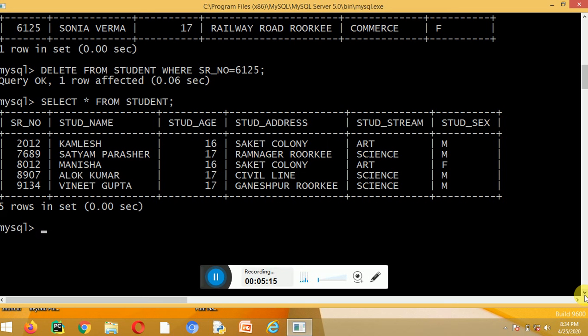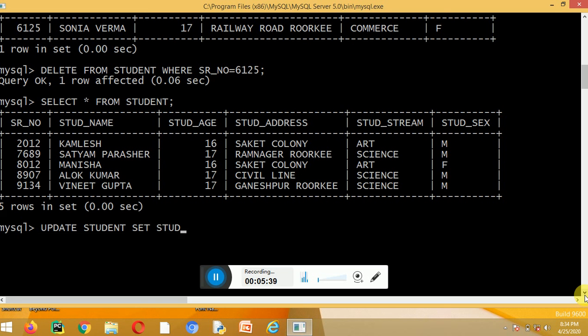So to update the record of a particular student from a table, we will write the query update student set, we will use the set clause. I have to update the student address, so I have to write the name of the column stud address.